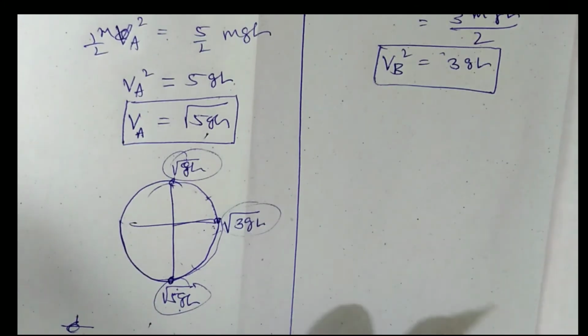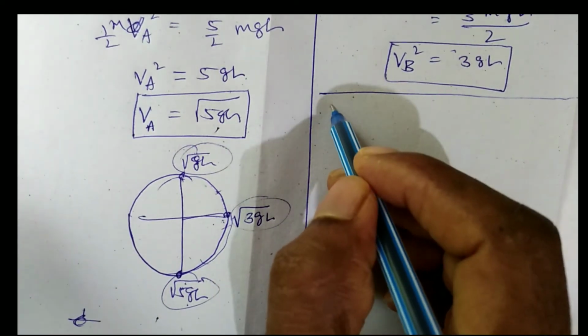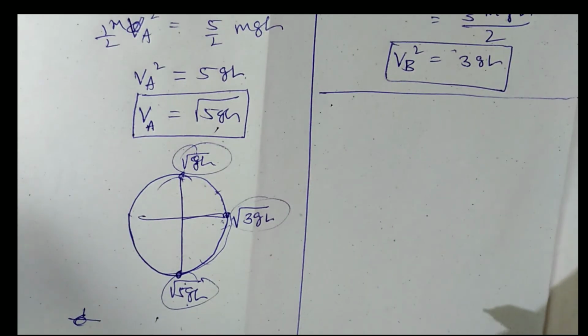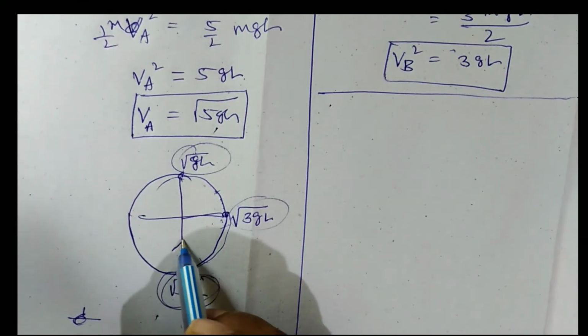Then you are going to get some 2 cases again, okay. So what are those cases? So that we are not supposed to get the vertical motion if the velocity is less than that. We will see. Before that, we are going to write down the force equations. The tension at the lowest point and the tension at the highest point. Tension at the lowest point you are going to write down, that is at the point A. What are the forces?